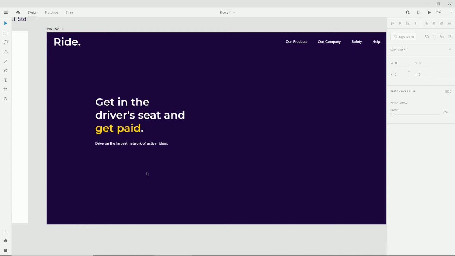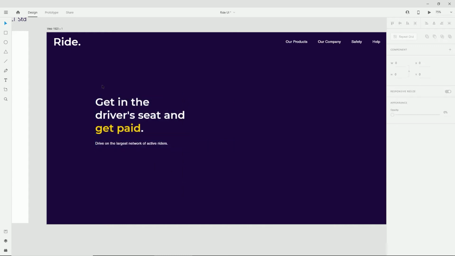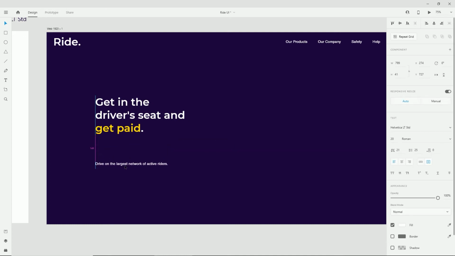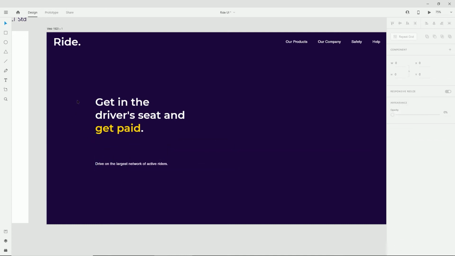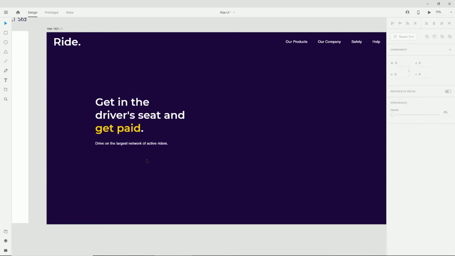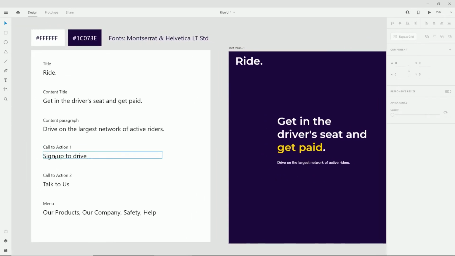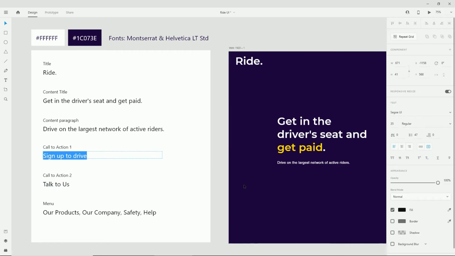We have a lot of space, but they're kept together because we want to make sure that the content stays together. In here, we're basically grouping them, because if I was to move this way down, it might not make sense that these two things are together in the context. So let's move this back, and the next thing I want to do is create two call to action buttons, and the first one will say sign up to Drive.